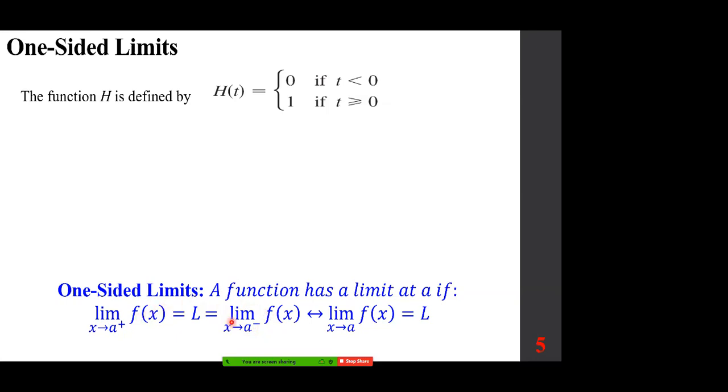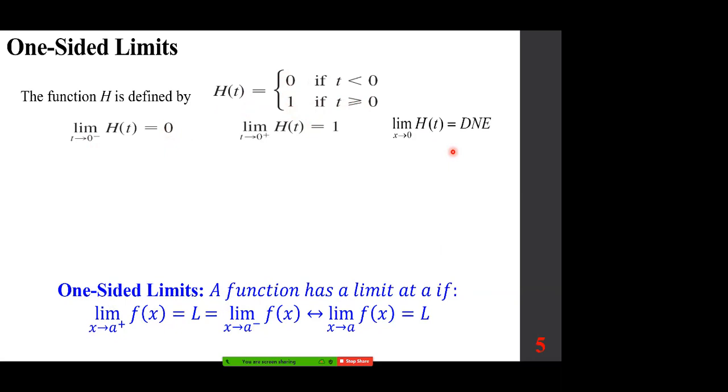So if you look at this simple example, by the way, it's called a Heaviside function in physics. If you look at the limit as t approaches 0 from the left, we use this function and get 0. From the right, we use this function, we get 1. And this shows that the limit doesn't exist as x approaches 0, simply because the left and right don't result in